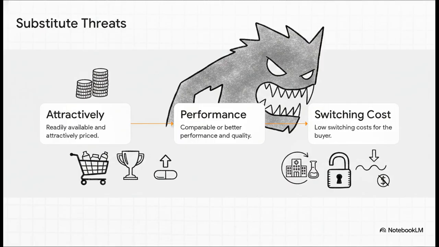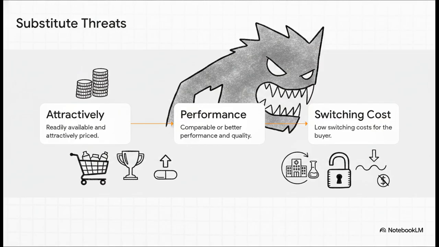According to our source texts, competitive pressures from substitutes are at their absolute strongest when 3 specific conditions are met. First, the substitute is readily available and attractively priced. Second, buyers view that substitute as having comparable or maybe even better performance, features, or quality. And third, and honestly, this is the real kicker, the costs for the buyer to switch to the substitute are